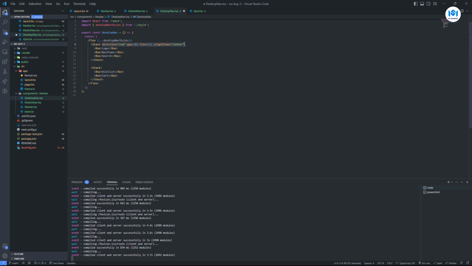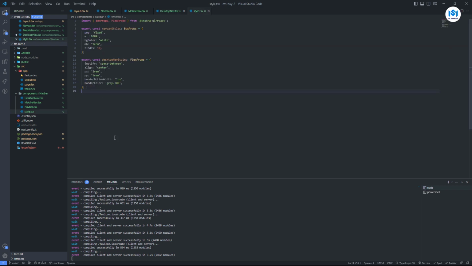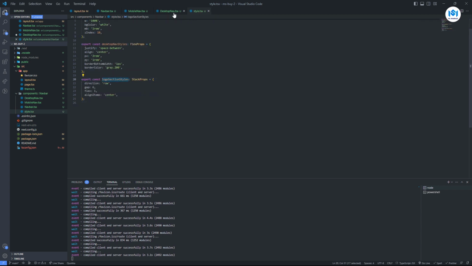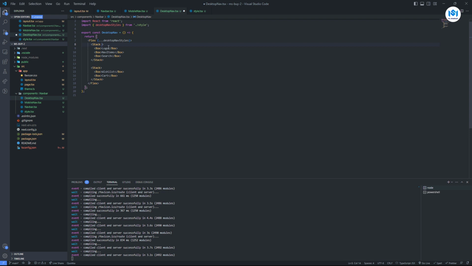And this is what I'm going to have for the styles. So I'm going to now cut this and then send it to where I have the styles, right? So if I save it and I now import that here instead,